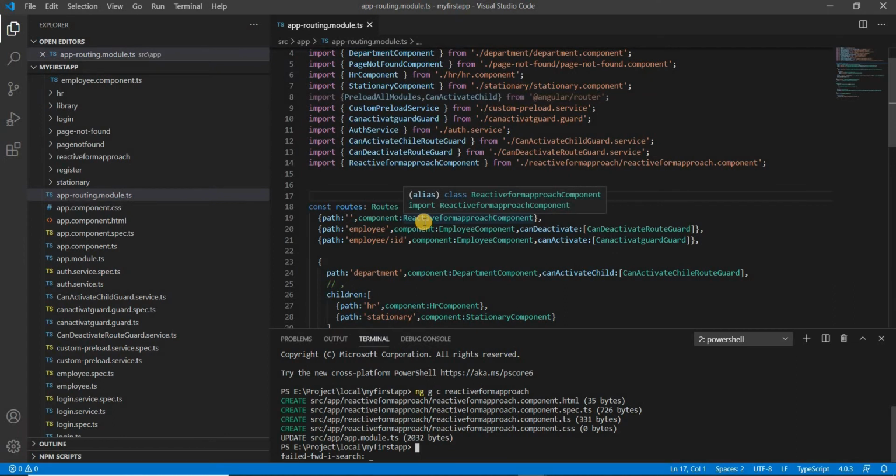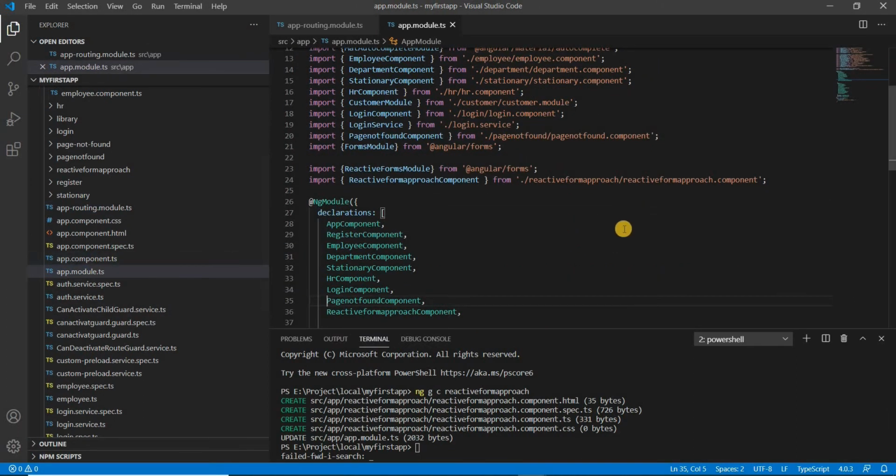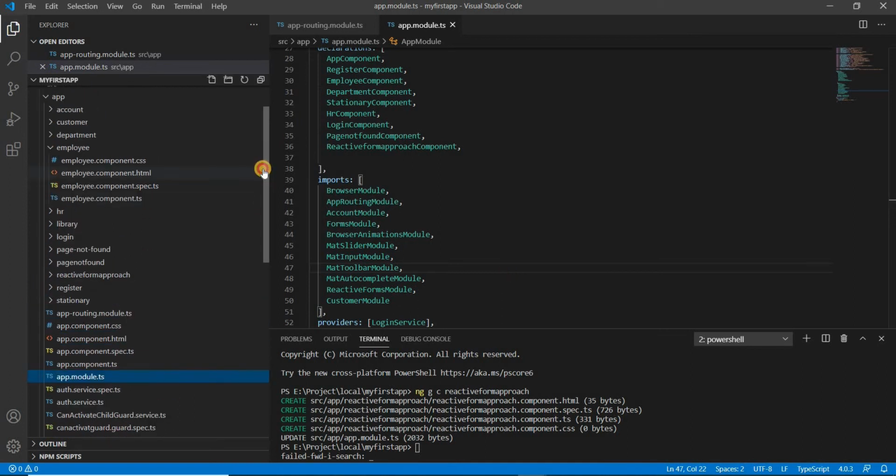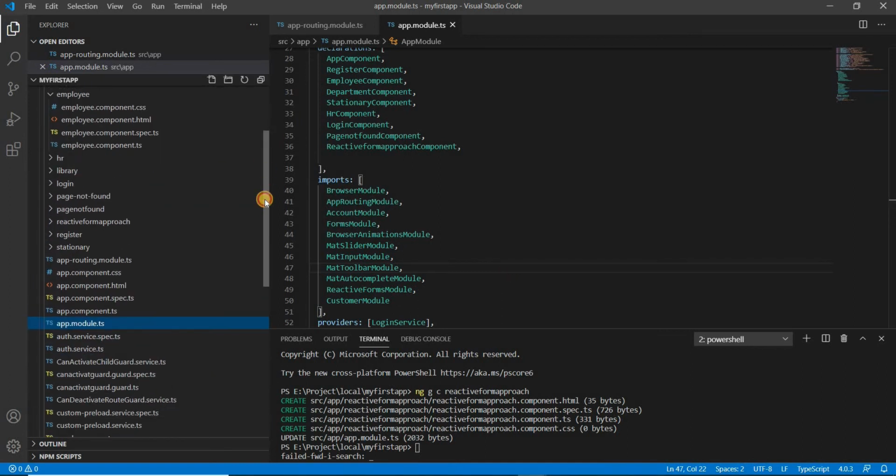Our first step is to import the reactive forms module inside the app module, app.module.ts. I have already added the reactive forms module and already mentioned it in the imports section like this. So the first step is completed, and second, we have to import FormControl inside our component.